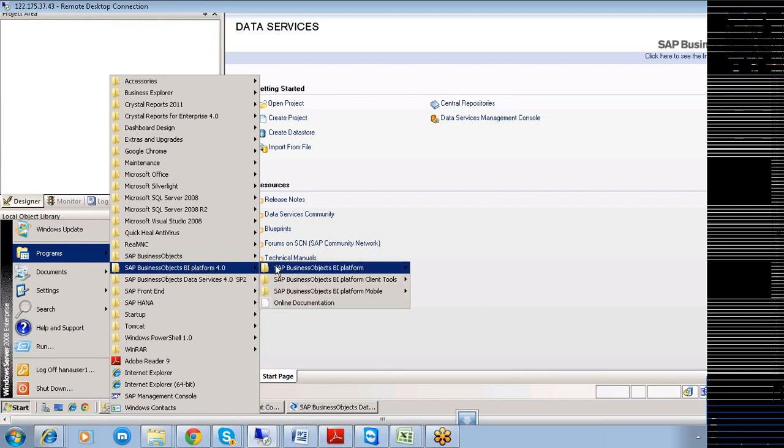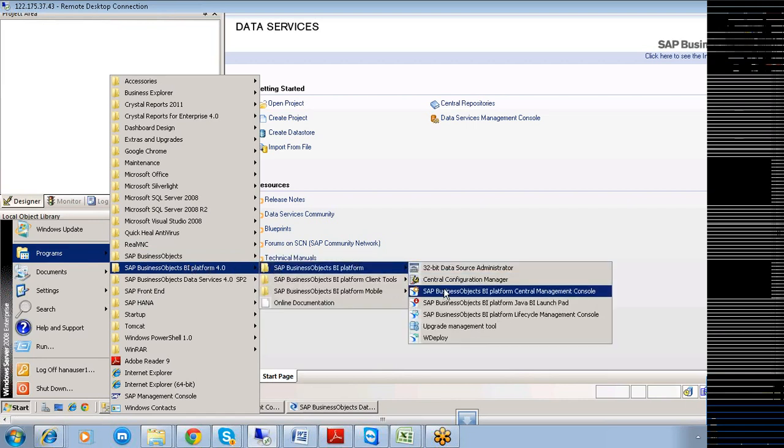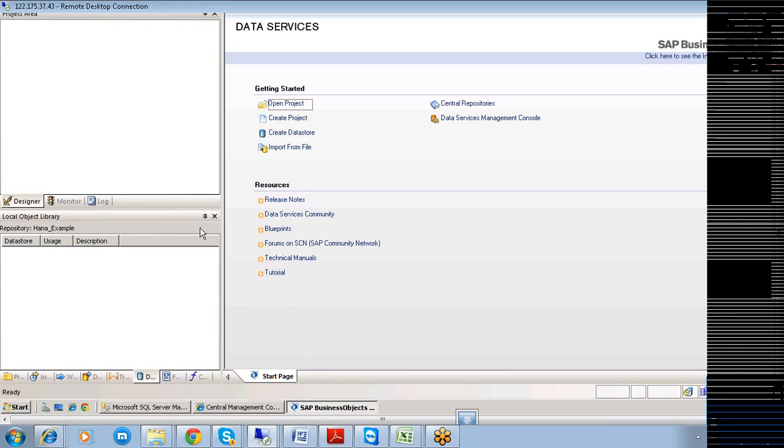BO Data Services SP2, yeah, that one, right? This is nothing but the Central Management Console we went to. Within this Central Management Console, we configured that particular repository within Data Services, so that we can have the option of using the newly created repository for logging into this particular Business Objects Data Services. This is the way we have started creating and working on this repository. Is it clear now what you have done?